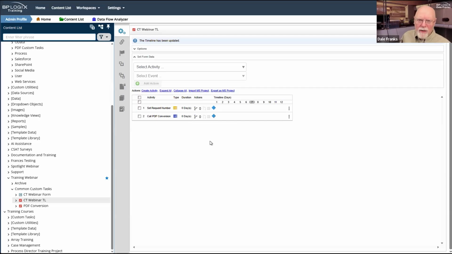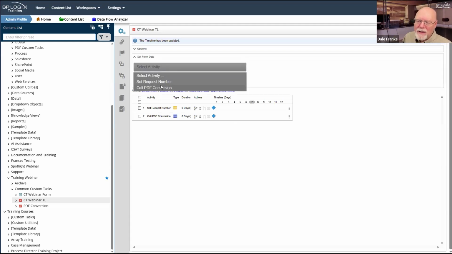Then you could run the set form data activity, or the custom task activity using the set form data custom task. You could run it there. But at that point, you could also, on the activity that follows after you have switched the two forms and you've set the second form as the default form, let's say that